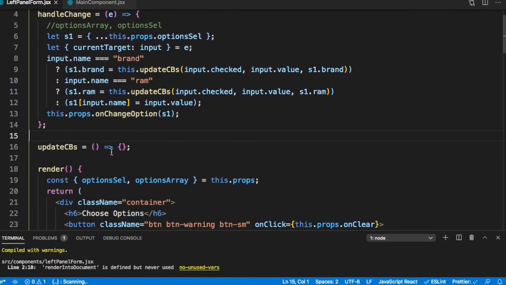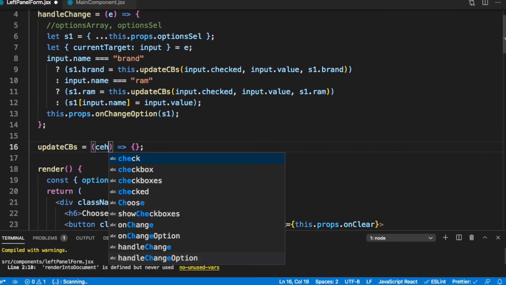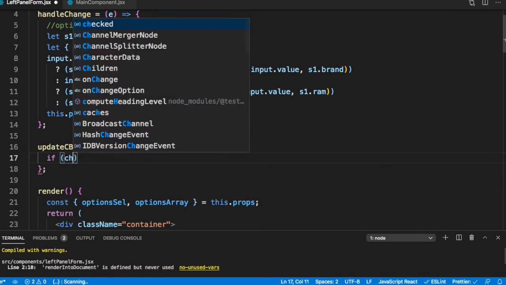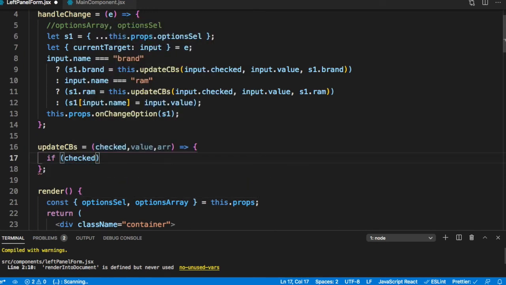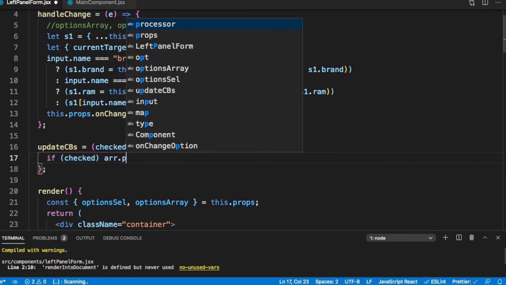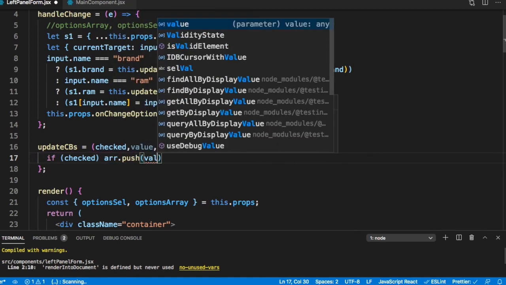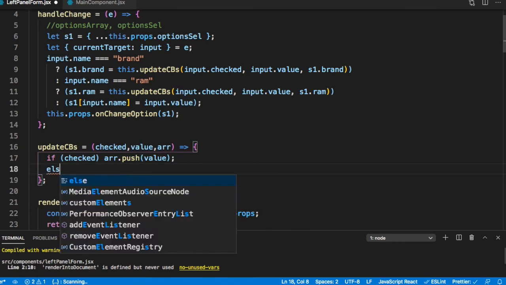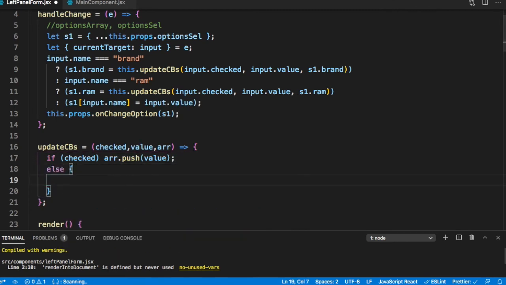Let's write this function updateCBs. It gets a checked, it gets a value, and it gets an array. If checked, if the value of checked is true, then arr.push(value). Then we just need to push it because it has been selected. Else what do we need to do? We need to remove it like we did the last time.